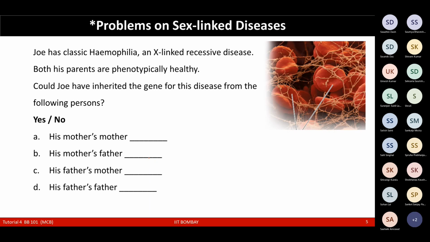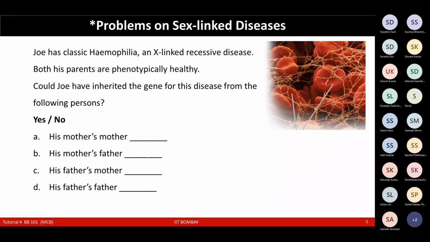Hemophilia is a blood disorder in which the clotting doesn't happen. If there is any injury, the blood flows for an extended period of time, so there is a huge bleeding loss. It is a blood disorder because we do not have enough clotting factors to form a clot. X-linked recessive means there is some kind of mutation on the X chromosome. If the father has this defect in the X chromosome, then the father will be affected.